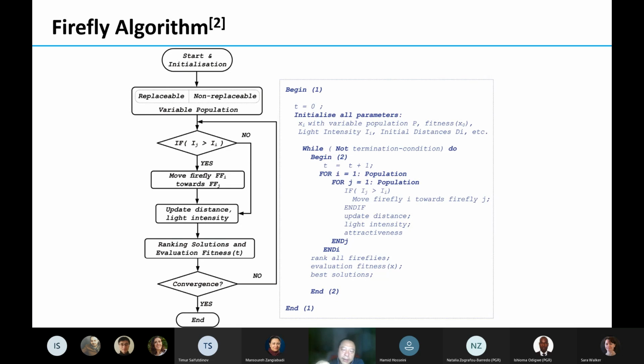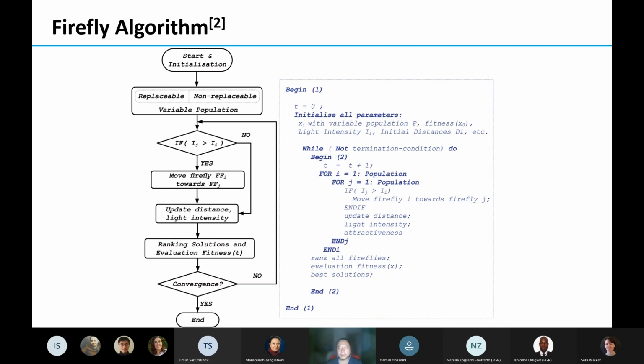So when the generation reaches 100, the simulation will stop. Before that, it goes through the population, where you can see there are two for loops here.